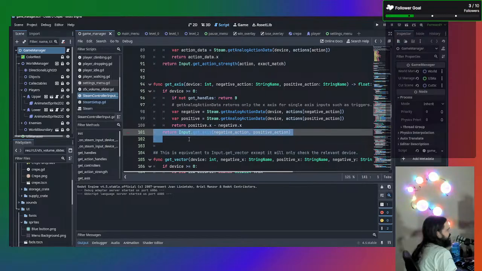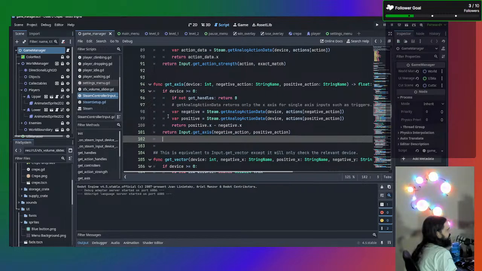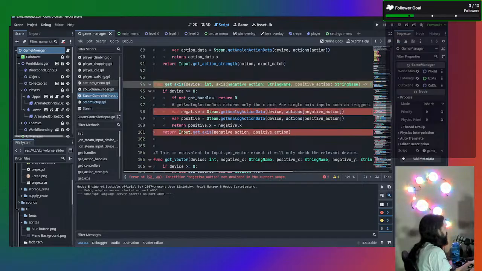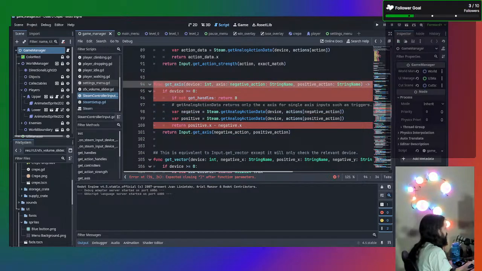So get access. So what I actually am going to do here is I'm going to add some of my own stuff here. So I'm going to put access. And that's going to be